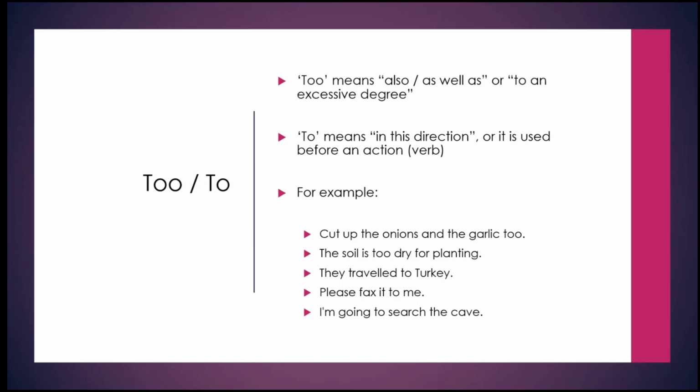To, too and two. Too means also, as well as, or to an excessive degree. To means in the direction, or it is used before an action. The other two, which is T-W-O, it's the number 2, like 1 and 2, right? So for example, cut up the onions and the garlic too. That means maybe you cut